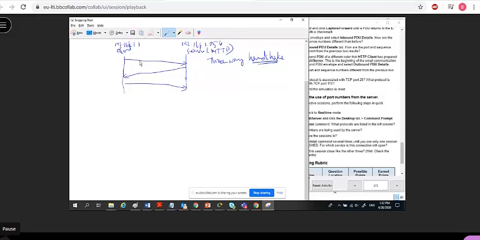So initially, there will be a SYN. A SYN will be sent from the client to the server. And normally, this will be a 32-bit random number. For the convenience of the simulation, let's say this is 0. A SYN 0. Now, when the server receives this SYN from the client,